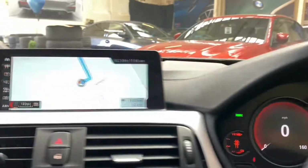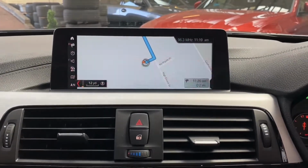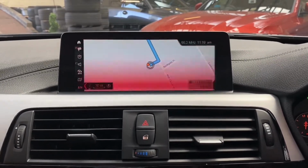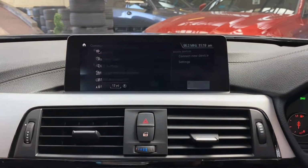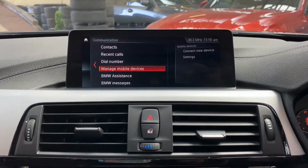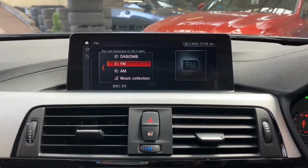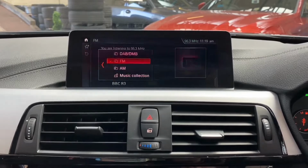In terms of our lovely professional wide navigation and media screen, you can see there that of course having that larger screen does help you enhance using your satellite navigation, which also uses real-time traffic updates to keep us on the fastest route possible. In terms of Bluetooth, you've got both a Bluetooth telephone and audio. We've also got a wide array of multimedia options, including DAB, music collection, AUX, USB, and of course the Bluetooth